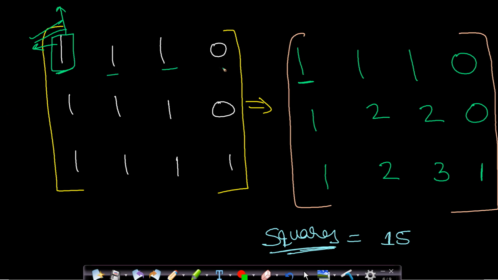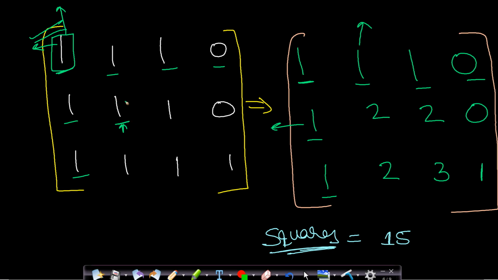Similarly, for this point, the first row and the first column, all the values will simply be copied. Why? Because we cannot extend the size of the matrix if the given cell is the bottom right corner of a square matrix. Because for the first row there is no element above, and for the first column there is no element to the left. Therefore, they will always be of the size either 1 or 0. So we will simply copy the elements here. So the main calculation starts from this point, row number 1, column number 1.